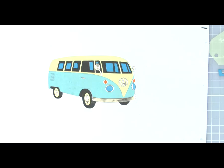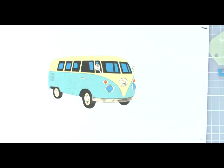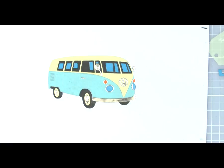But do you know what? This camera is making it honestly look 10 times worse than it is. In real life, you'd hardly notice that. And I don't know, it might just dry out and I might be able to rub away at that a little bit, or even stick another dye on top of that. Perhaps a flower. Let's make it sort of flower power car. But that aside,